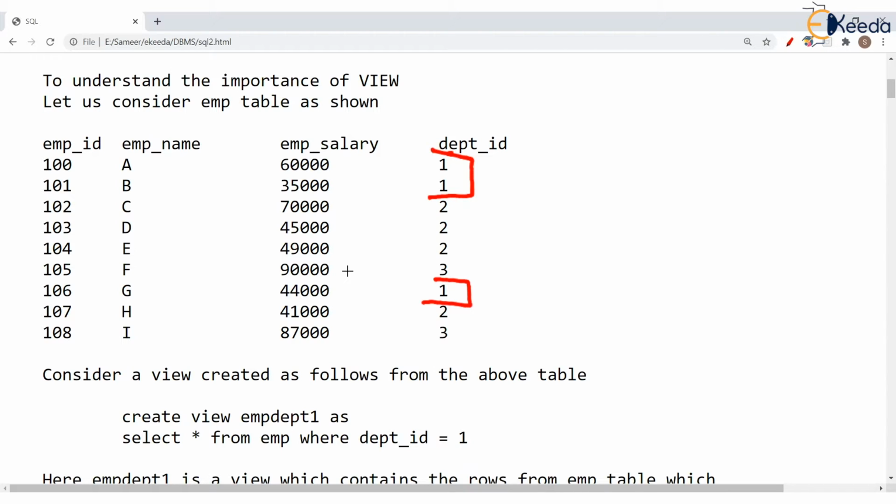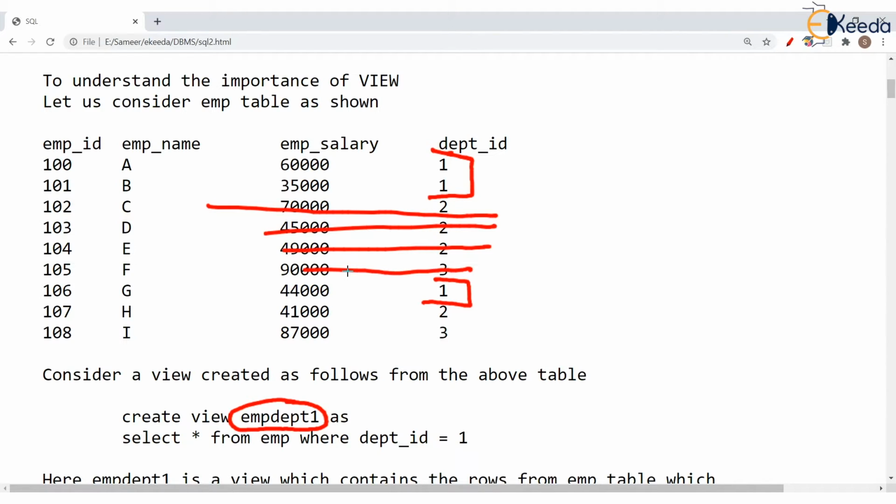So what we have done over here is we have made a view which will not contain all the rows of the parent table, but it will contain only those rows which belong to department number one.